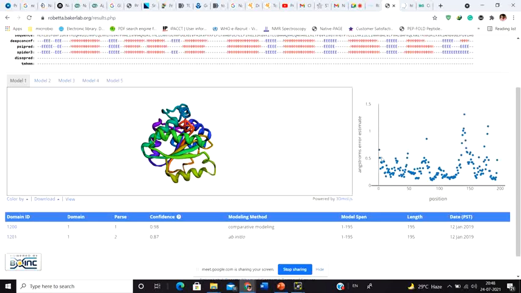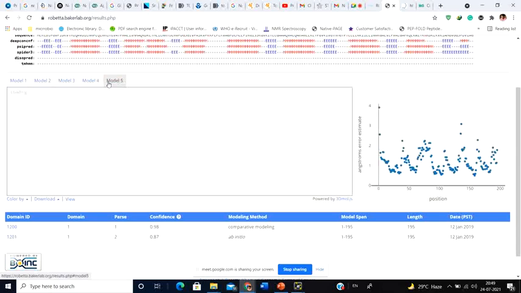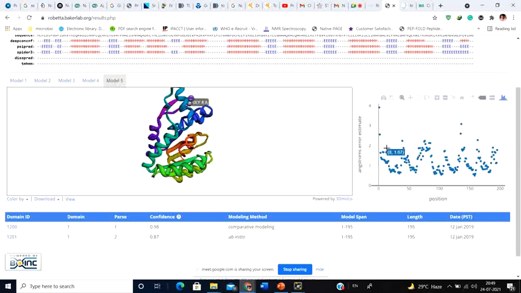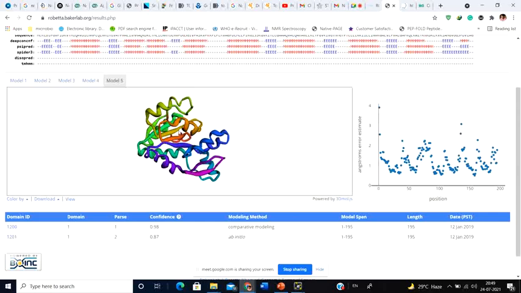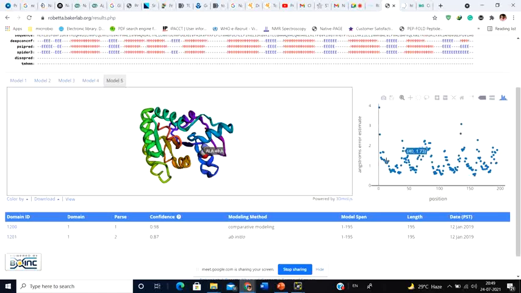So by looking at the error of this model, we get to see which is the better model. In model 1, the highest error is 1.31, and most of them have an error rate lower than 1. What about model 5? In model 5, the average error rate is about 2, or at least 1, because the highest is 3.91, and as you can see, the maximum error rate is present in this model 5. So model 5 is not a very good model because most of it has a very high error rate.